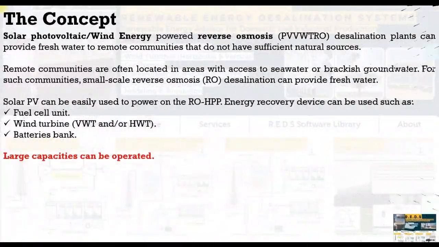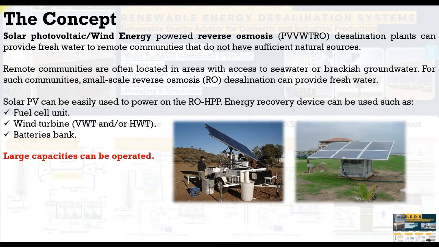As demonstrated previously, the main concept of solar photovoltaic combined with wind energy is used to power reverse osmosis desalination plants, which can provide fresh water for remote communities that don't have sufficient natural resources. Remote communities are often located in areas with access to seawater or brackish water, groundwater, or high saline water, high percentages of saline water. For such communities, small scale reverse osmosis or even larger scale desalination can provide fresh